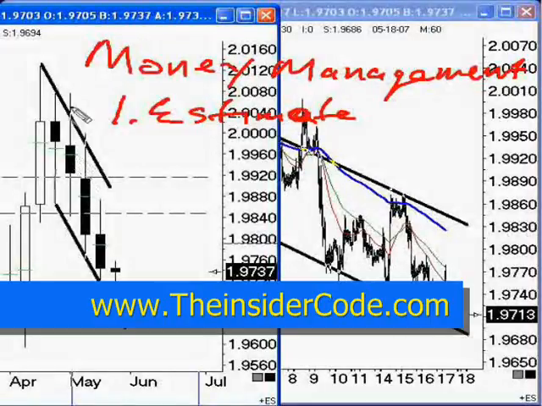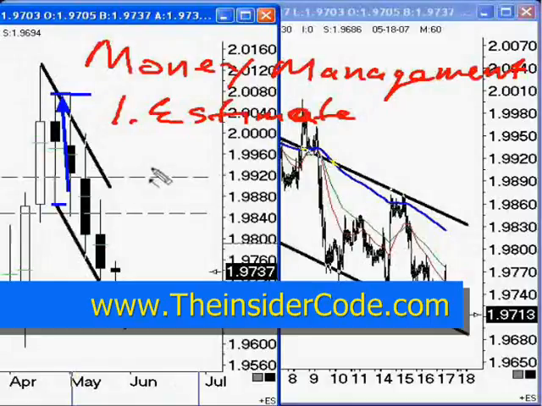So again, if we don't know that the market is going to reverse here, how on earth can we make a decision? Well, first of all, we need to gain an estimate. My estimate would be if the market is down here, that it is going to return to the high. So my estimate for the week is going to be based on the prior range. If it comes down here to the low, it's probably going to trade back up to the high. If it gets up to the high, it's probably going to trade back down to the low. And if the market does manage to break the low, then I've got some estimates for that as well. But that's my basic estimate.